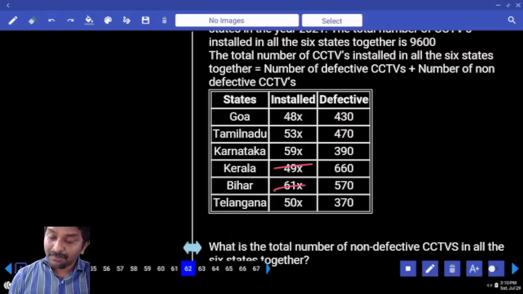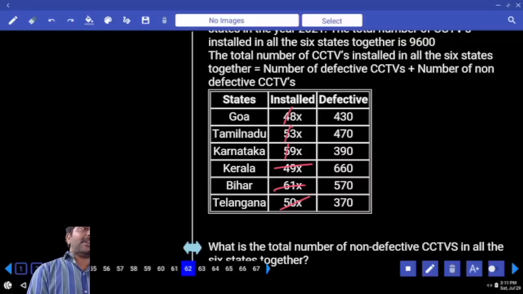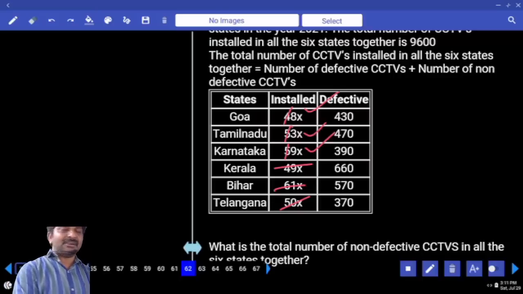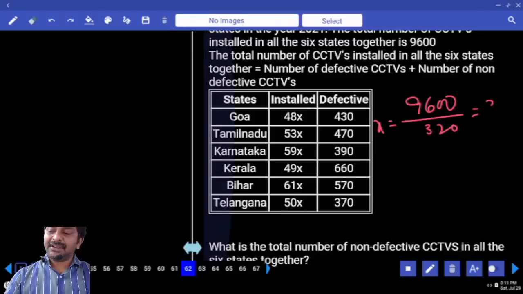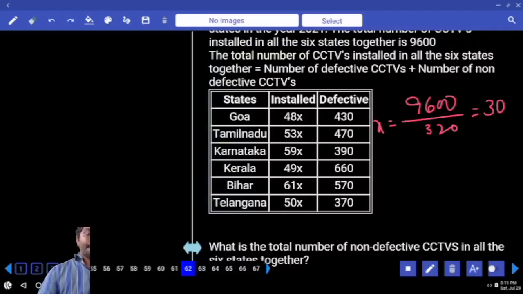110, 110 50. 160, 160 40. 50 50 100. Total 300. Leftover is unit digits in the first 3 numbers only. 8 plus 3 plus 9, 20. Already we have 300 plus 20. That means 9,600 is equal to 320x. X is equal to 9,600 divided by 320 only. How much is that? So the number of